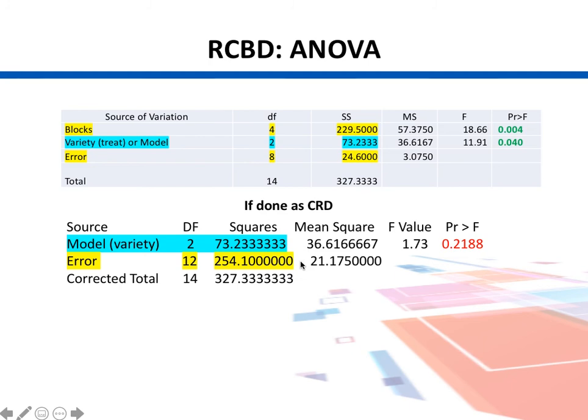I want you to note this: if you look into the degrees of freedom, here it was 2 and 12, and this stays as 2 in the treatment, but out of those 12, 4 of them go here in the block. So actually the error term, that's why we called it error, because error means the unexplained variation in our experiment, right? So now we split it and try to explain it a little bit with the help of the blocking. So 4 of those degrees of freedom from this 12 go up here,